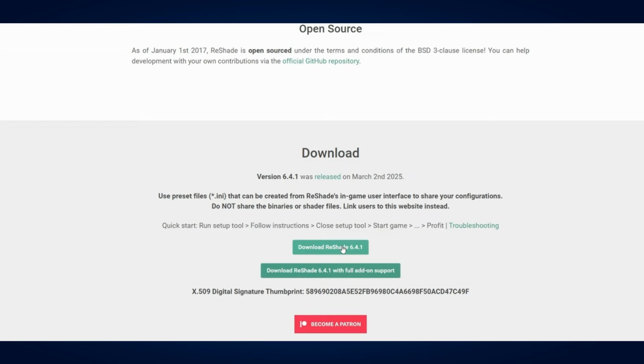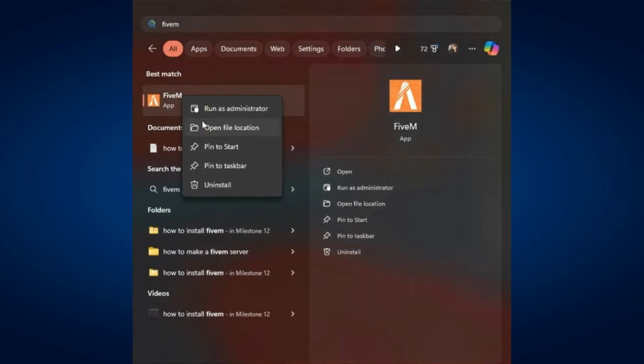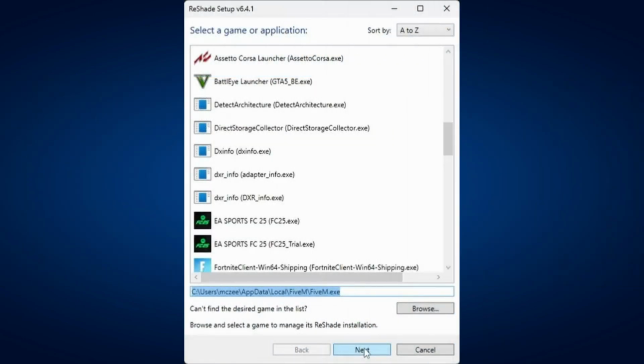Once downloaded, run the ReShade setup. Next, locate your FiveM application by searching for FiveM in the Start menu, right-click it, select Open File Location twice until you reach the main folder. Copy the path of this folder, return to the ReShade setup, click Browse, paste the path, select FiveM.exe, and click